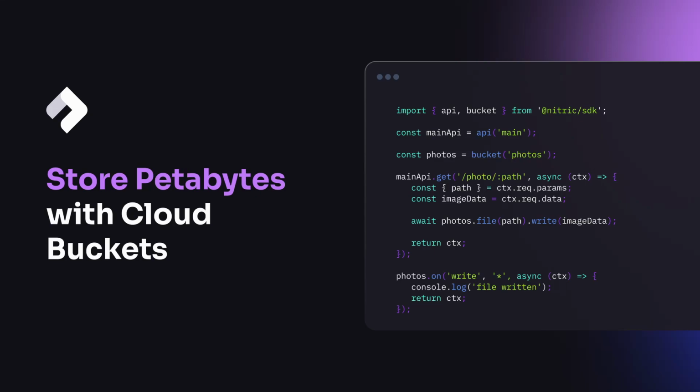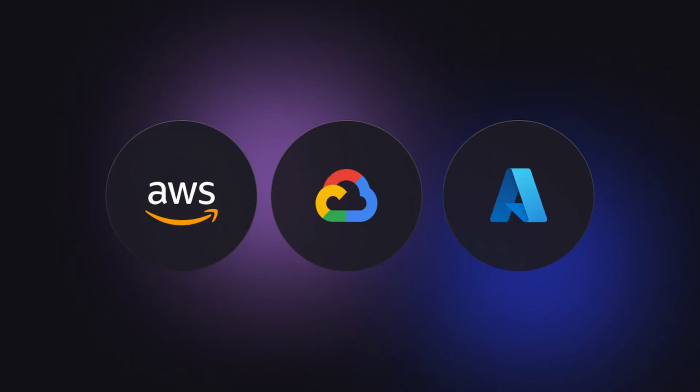In this video, we're going to learn what buckets are and how to use them effectively with Nitric. Buckets provide scalable object storage in the cloud. They are like virtual containers where you can store and retrieve any amount of data, from just a few bytes to even petabytes. There are offerings for buckets across the three major clouds: AWS S3 buckets, Google Cloud Storage, and